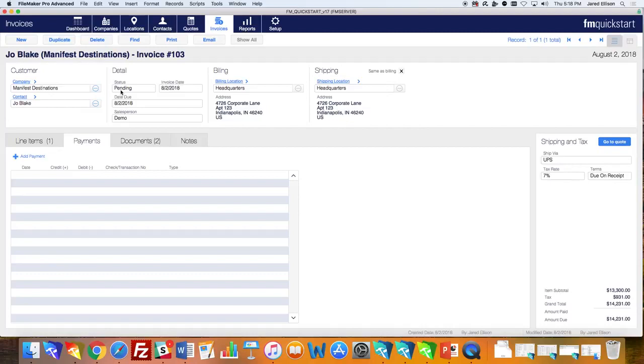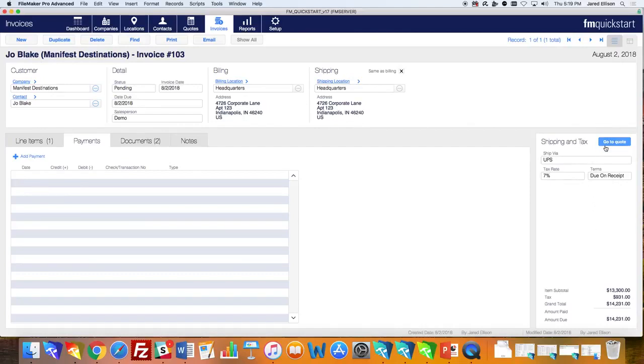That way you know where this invoice is and the status of that, and you can follow up with the salesperson, knowing why it's pending or when this is going to be acted upon. So you have those options and that information right here on the invoice page for this contact. And obviously the billing and shipping information, just like the quote module, are right here. And then you get the shipping and tax.